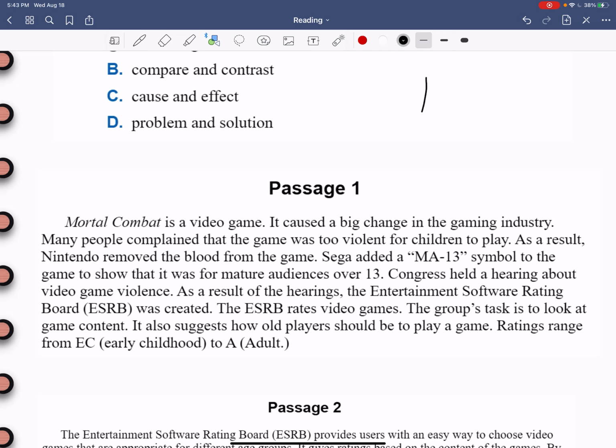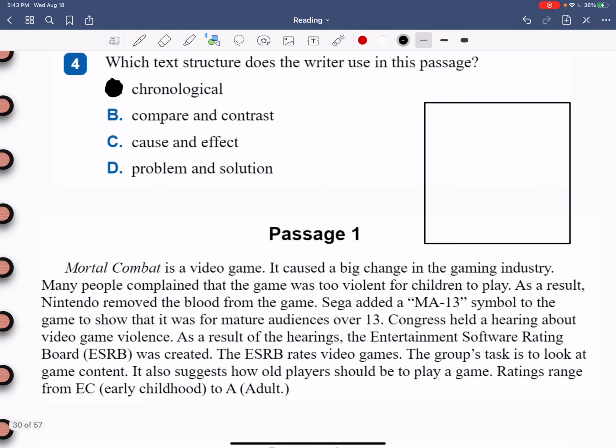So let me draw our very familiar box now. This is a topic and a main idea. Topic, you want to say Mortal Kombat, but is that really the topic? Does this tell me how to play Mortal Kombat? Does it tell me how much it costs? Does it tell me who made it? No. This is about changes